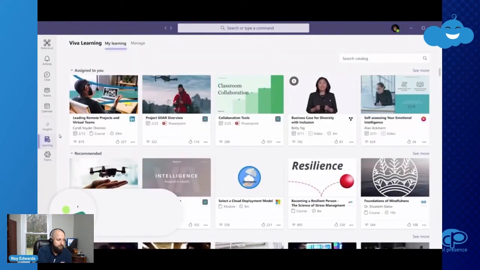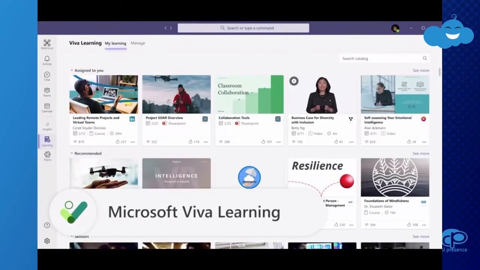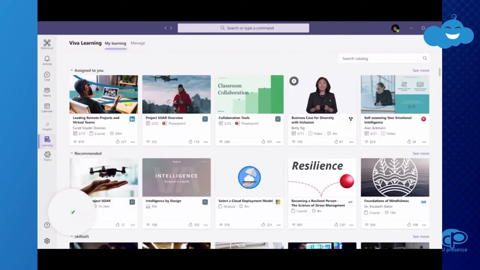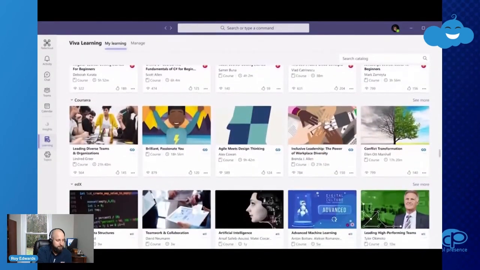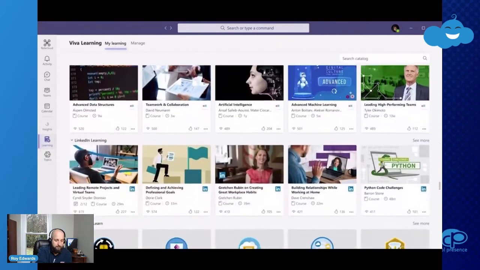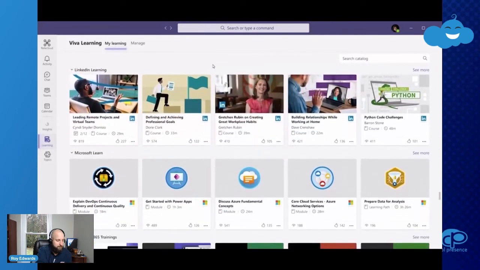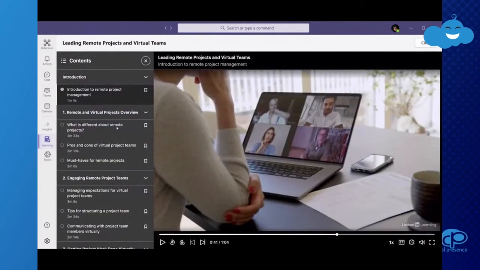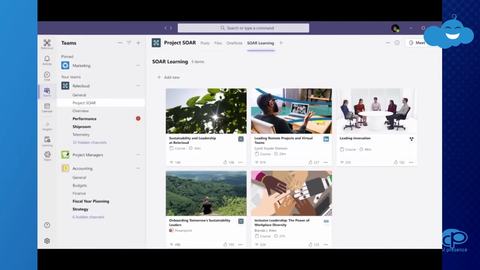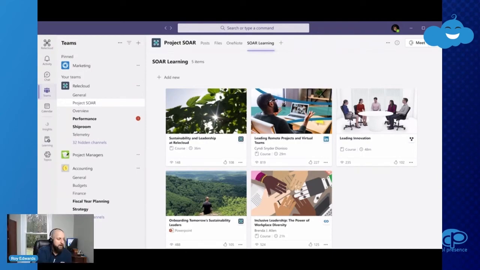Viva Learning brings all your learning resources together in one place. You'll find content that's been assigned to you and recommended from a variety of sources, including your own custom content, learning management systems, and top content providers, including LinkedIn Learning and Microsoft Learn. With Viva, learning becomes a natural part of your day and lets everyone learn in the flow of work. It's easy to find, share, and discuss learning, and organize resources to foster a learning culture. Managers can assign learning and track completion to accelerate